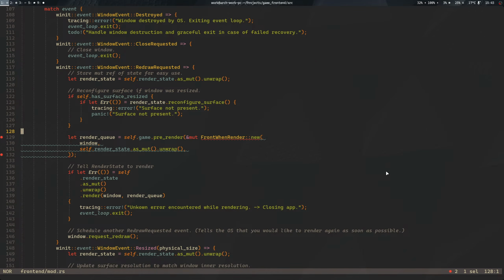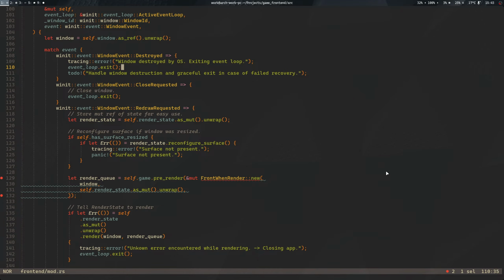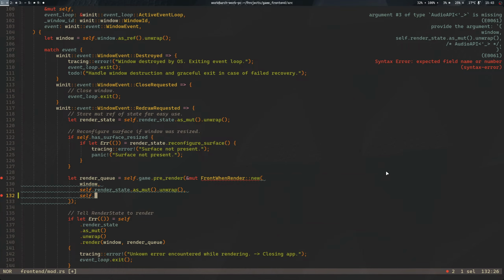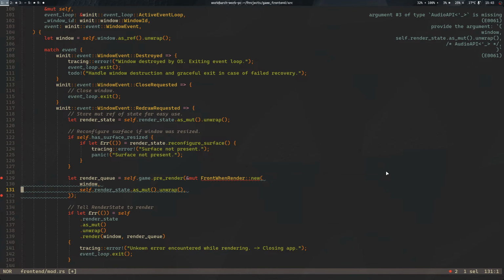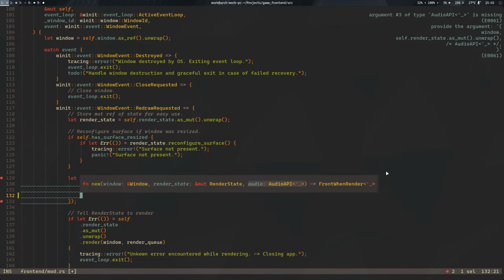And when we get an event to redraw the window, we also call pre-render on the user's game. And that's where we pass through this context. And to do that, we want to pass through